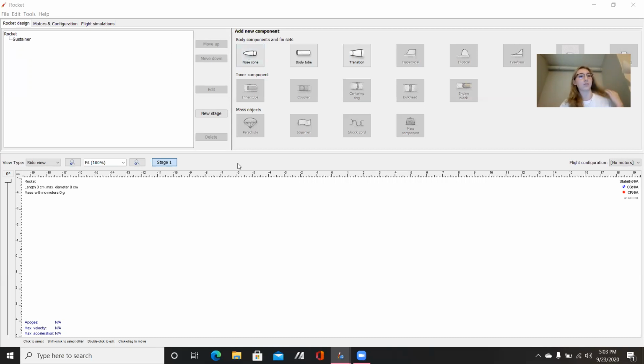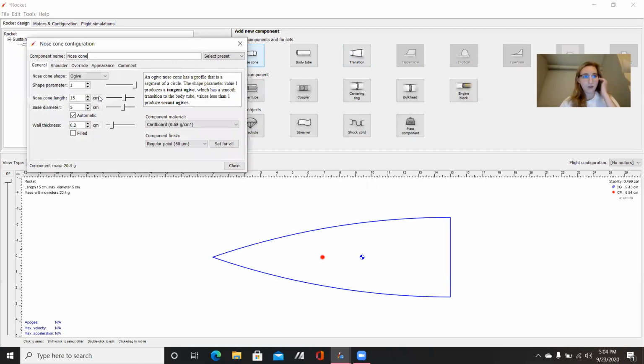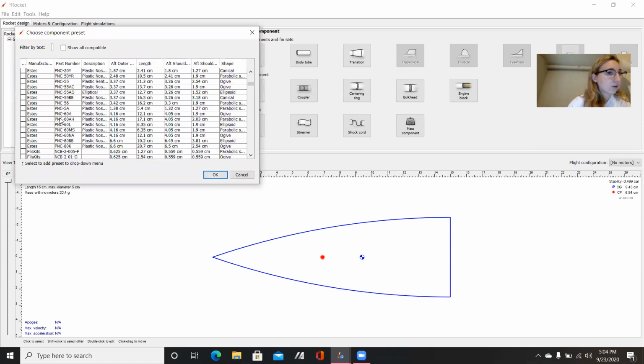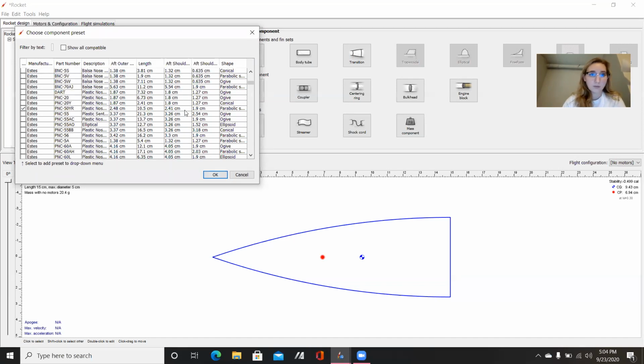So the first thing, once you open it, you should see this. And the first thing you're gonna do is add a nose cone. So when you click nose cone, you get all these options. I'm gonna be clicking select preset and then from database, and that lets you choose an already defined nose cone. So I recommend using this Estes PNC 50YR. It's just a small plastic nose cone, but you guys can really pick whichever one you want or make your own. So once I hit OK, then